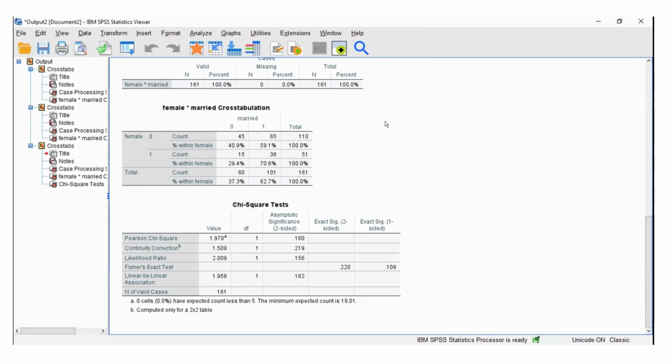We're going to use Fisher's exact test. To know this, just look at the percentage down there. If it is greater than 25%, then you use the Fisher's exact test. But in this particular case, we use the chi-square test because we have 0 cells that are less than 5.